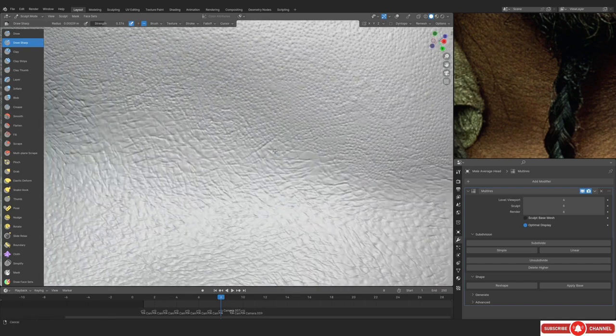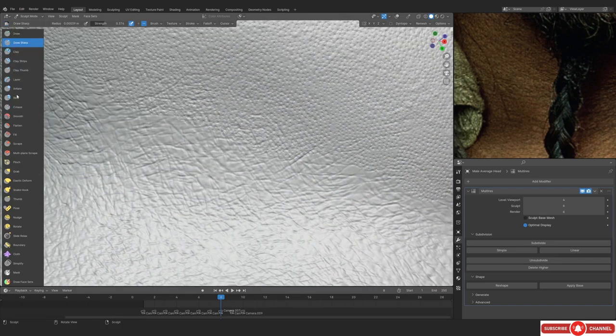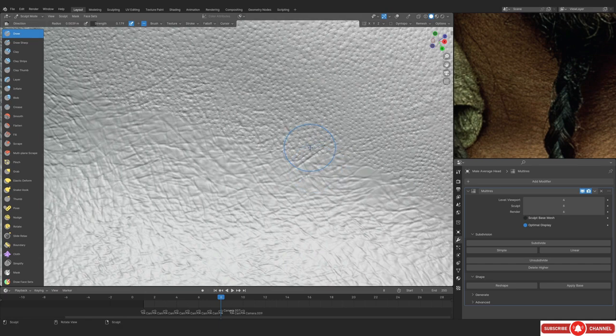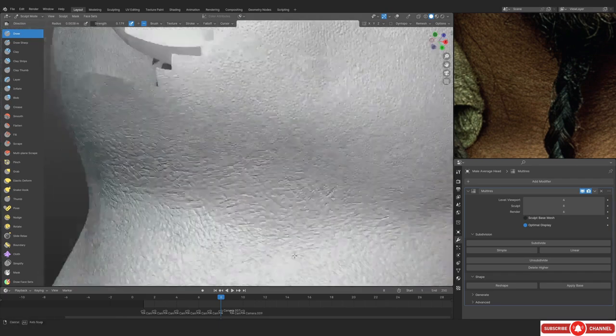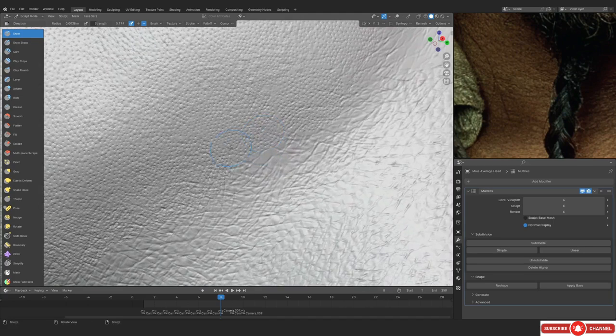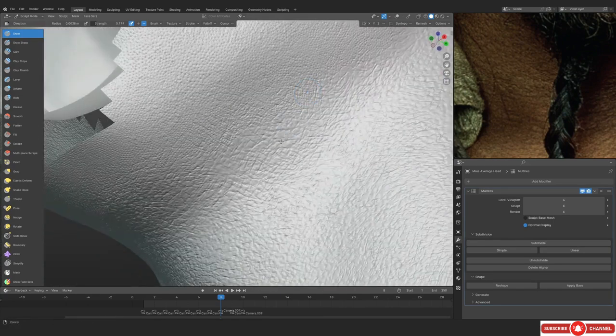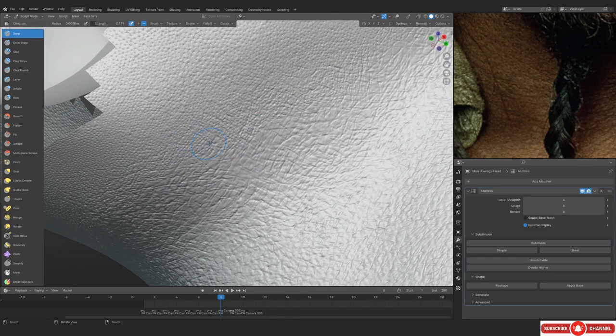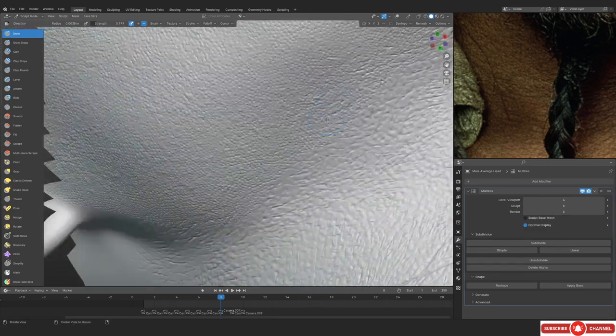Alright, so now we are gonna be blending the actual brush with the neck skin, and you can actually just use the direction brush to do that as well. Just make sure that you have the intensity a little bit low. I think I'm overdoing it with the intensity in this area. So yeah, I would have actually kept the intensity a little bit low if I were to do it again, but it's okay.